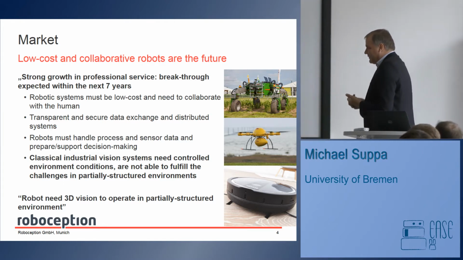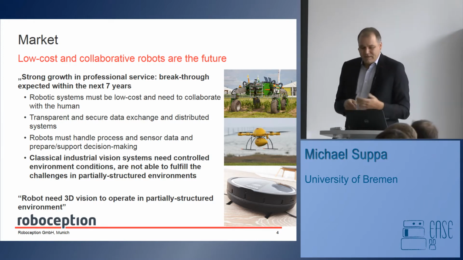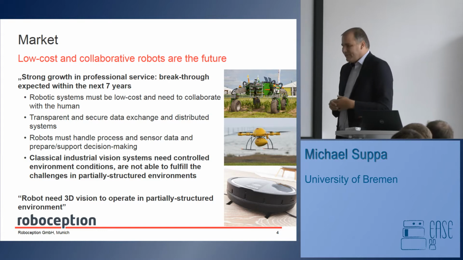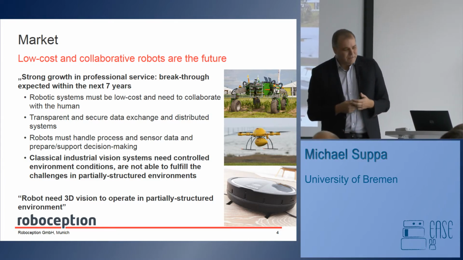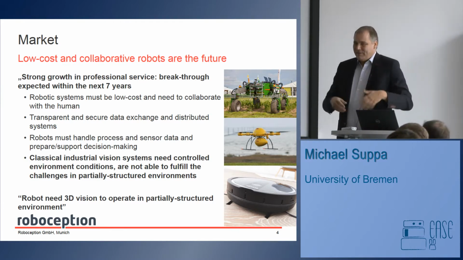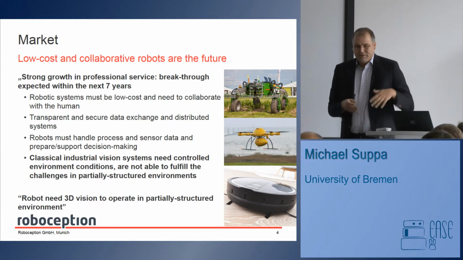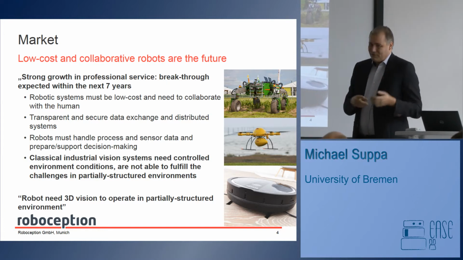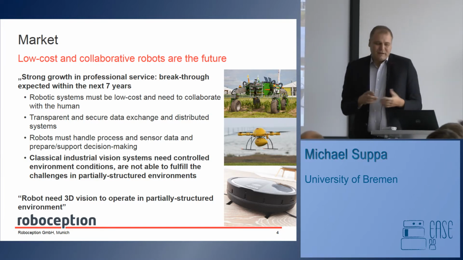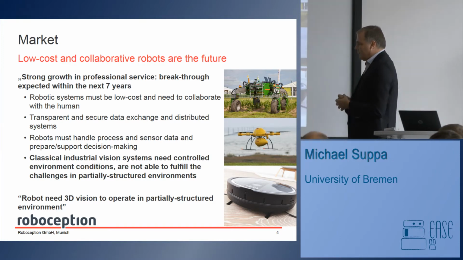Okay, classical industrial vision systems, that's basically not something you can use, because there usually you control the environment. That is something that you, in most cases where robots are applied nowadays, cannot do. Because basically you have to live with the situation that you find on site. So you need to guarantee that your algorithm is running independently of the illumination conditions, because you cannot really control it. And for us, we say that most of the things you can only achieve with 3D vision, because